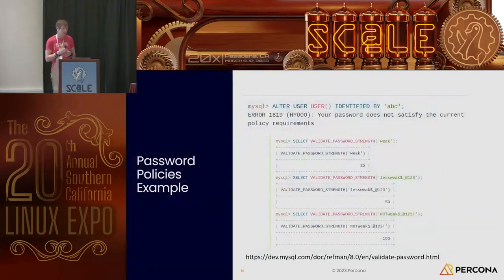So here are some examples of a password policy, right? Like, for example, you can set a policy which sets password length requirements, right? When you're trying to set a password that is too weak, it tells us, hey, you know, your password doesn't specify